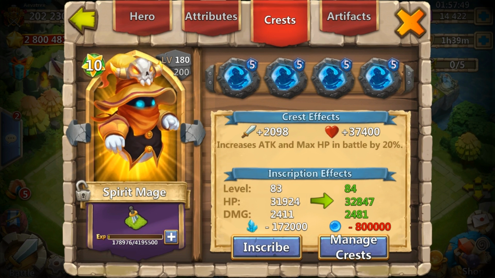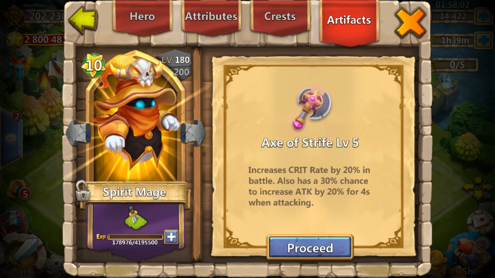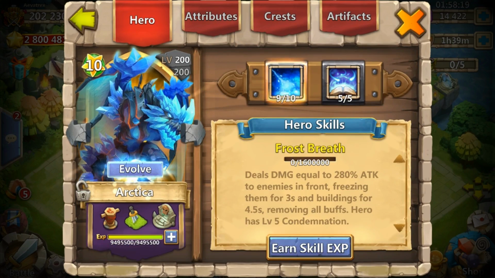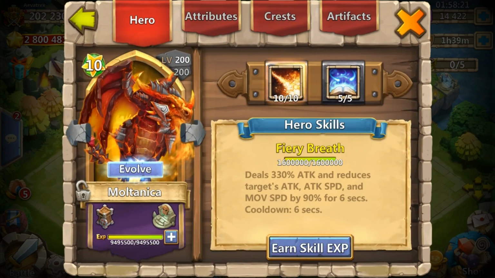The Crescent is a 5 bulwark, a 4 or 3 bulwarks. You know, it pretty much works the same. As long as the Pumpkin Duke is stacking and stacking and stacking, Spirit Mage is going to do damage. And then of course the artifact is Axe of Strife, because you want Spirit Mage to do as much damage as possible. Now there are some other heroes that I also did use here and there, like an Arctica, Maltanica for instance,